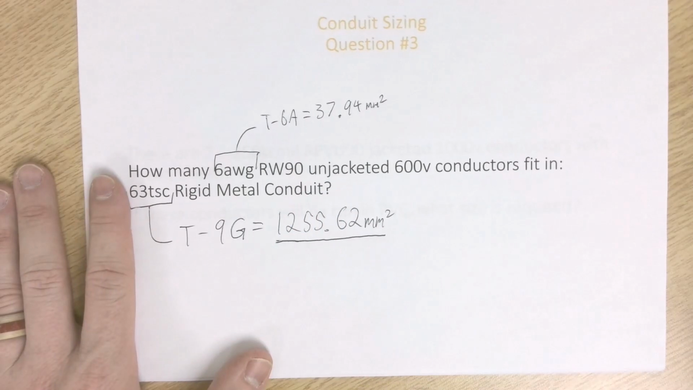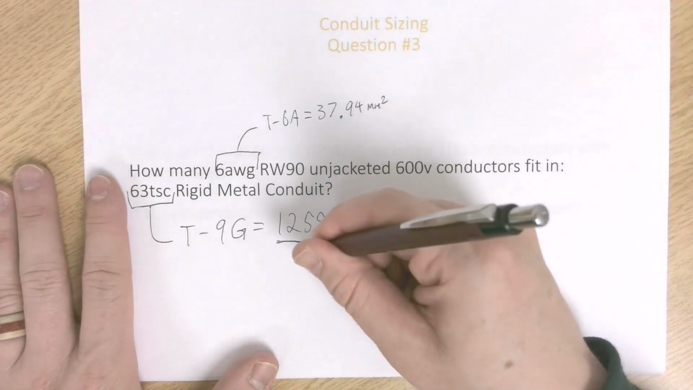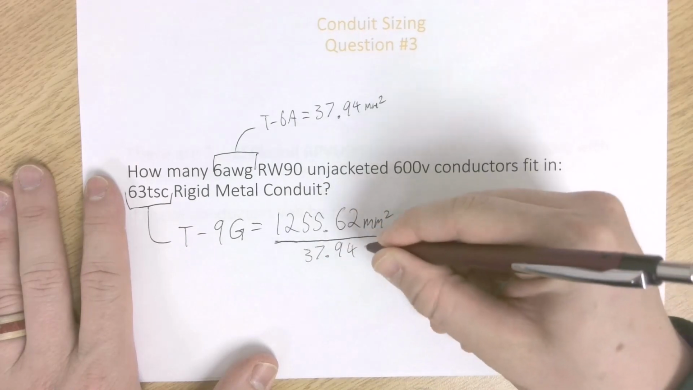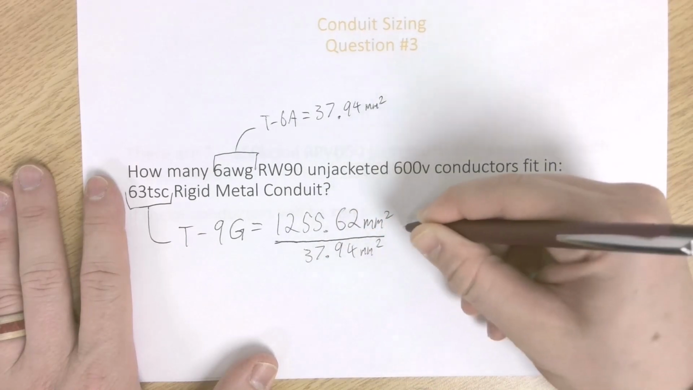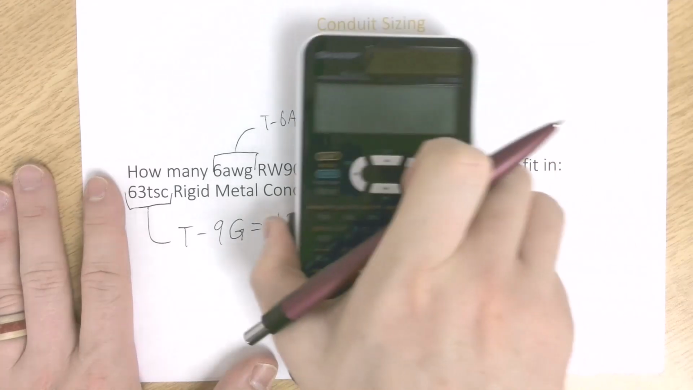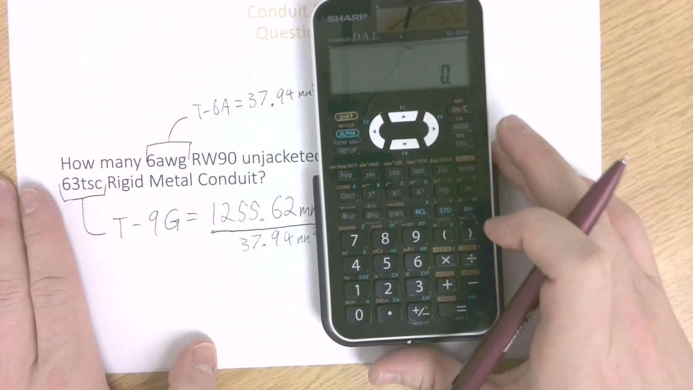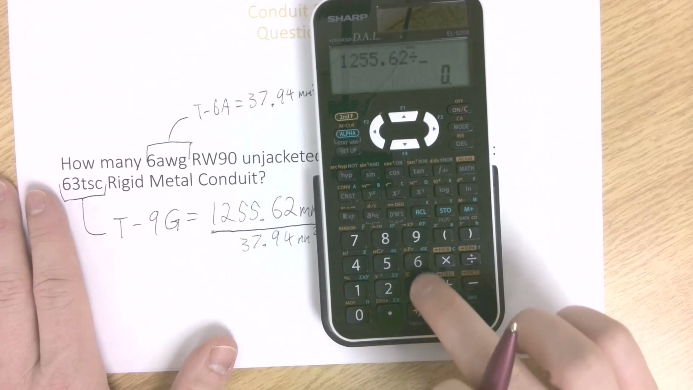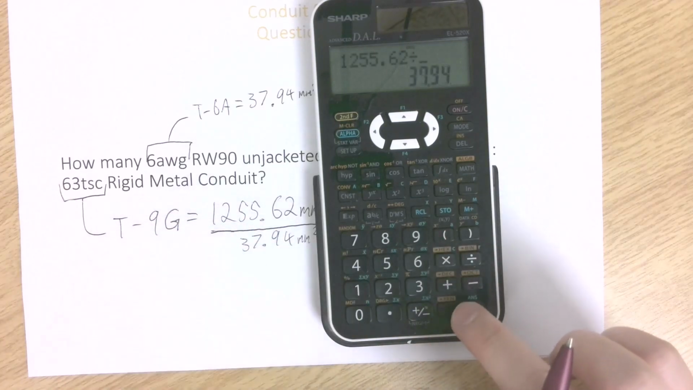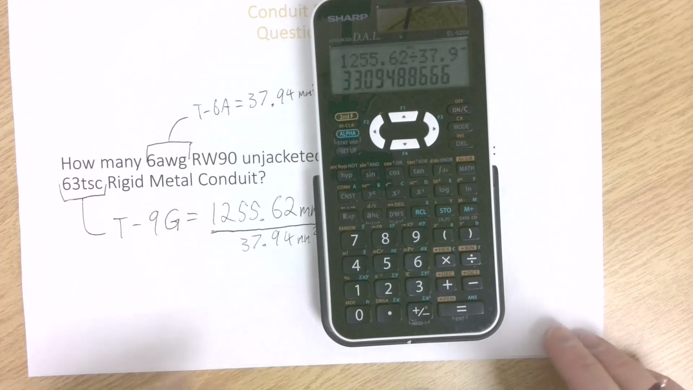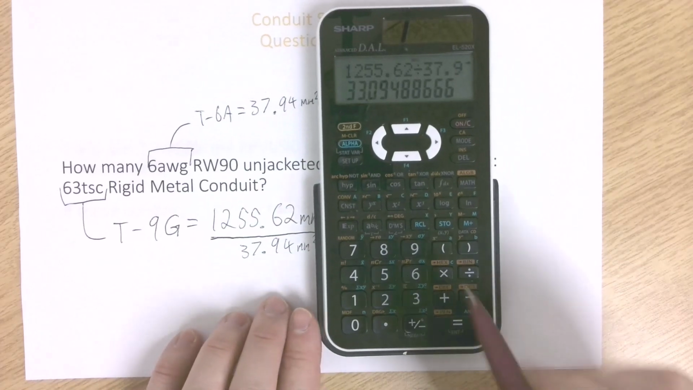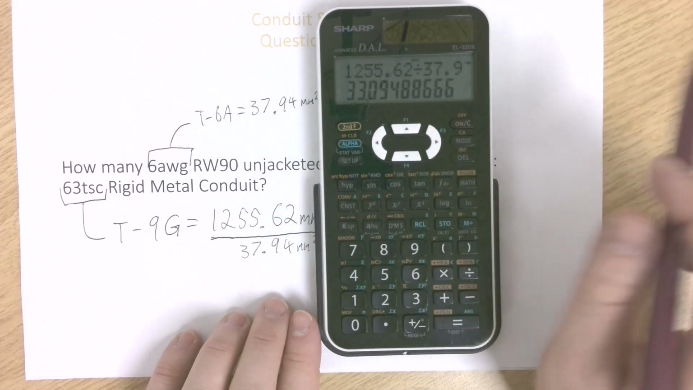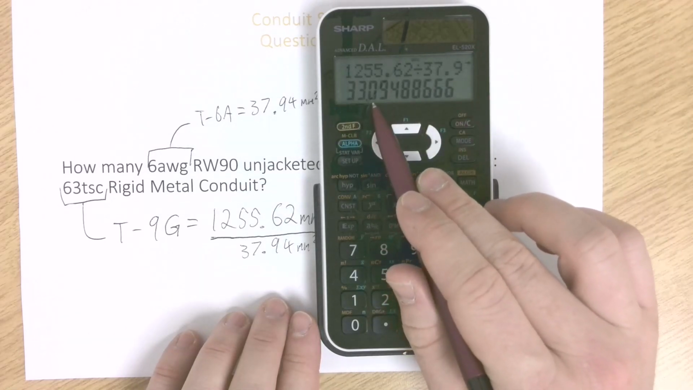So 1,255.62 divided by 37.94 millimeters squared is going to give me, we'll just show that on the calculator on the camera, 1,255.62 divided by 37.94 gives me 33.094 blah blah blah. So I'm going to say 33.1